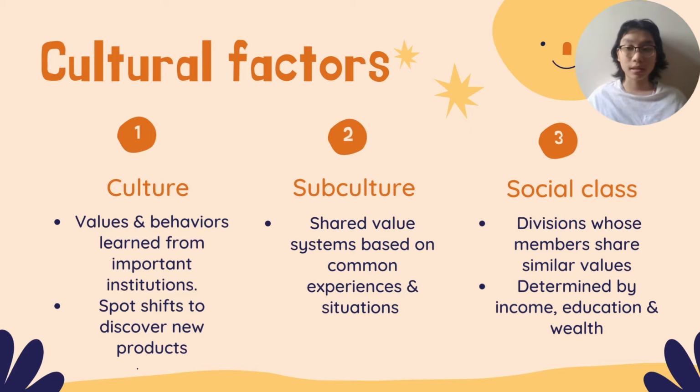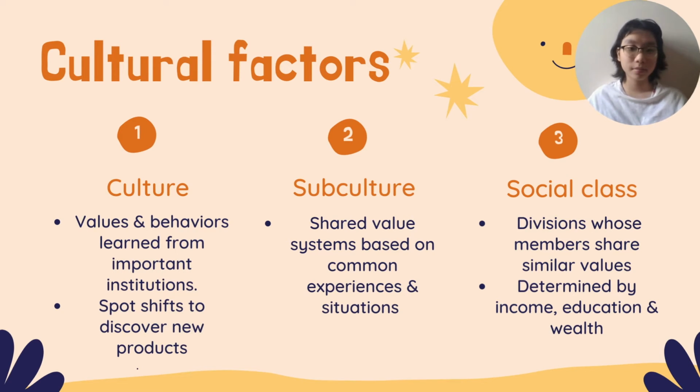And for culture, it's a set of fundamental values, perceptions, wants, and behavior learned by a member of society from family and other important institutions. Marketers are always trying to spot cultural shifts to discover new products that might be wanted. A subculture is a group of people who share a value system based on common life experience and situation. And the last one, social class, is a relatively permanent and ordered division in a society whose members share similar values, interests, and behavior determined by a combination of income, education, wealth, and